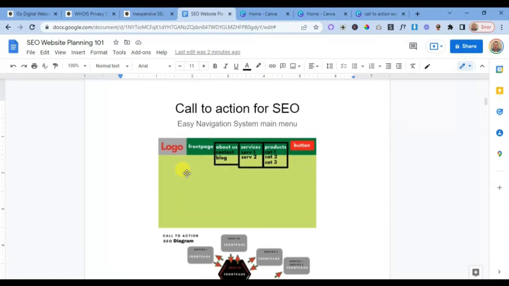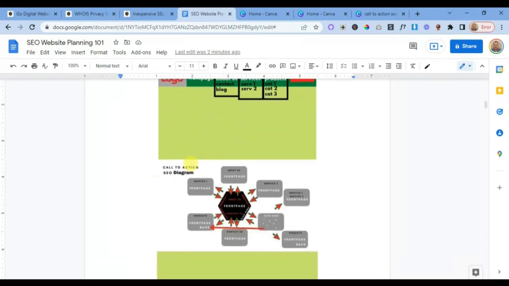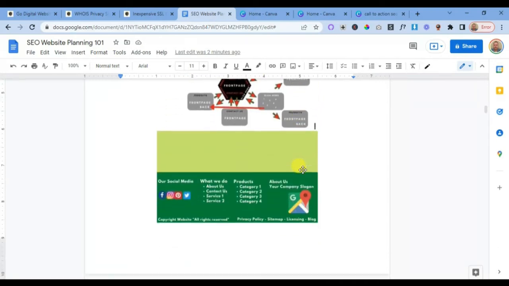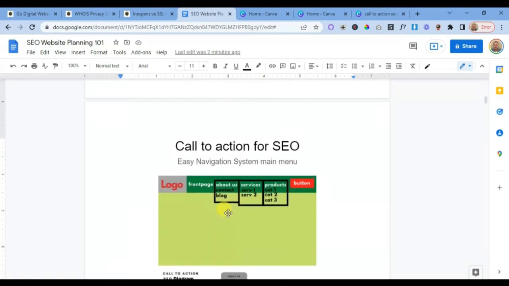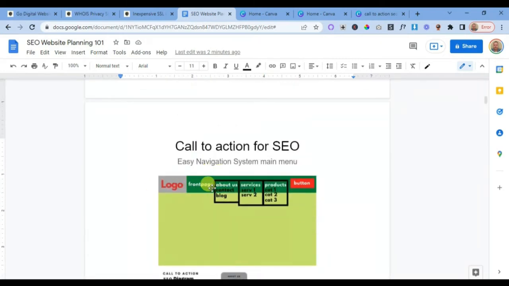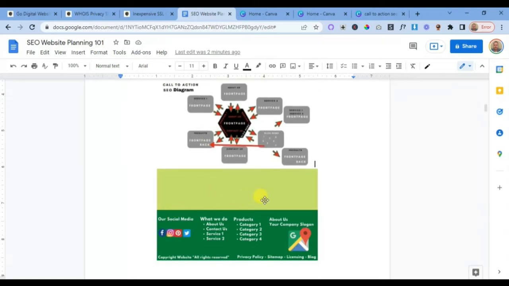And as well, for the advanced search engine website, we're going to keep the front page up here. We're going to make this design here, the call to action SEO diagram as well. And over here, we're going to disable the front page. It's very important that you disable the front page from the footer menu. For the simple, we have to disable up here and down here as well. But for the advanced, you can keep the front page here,